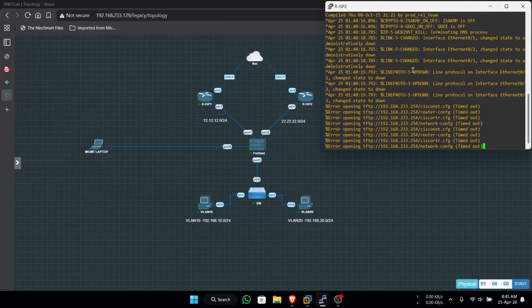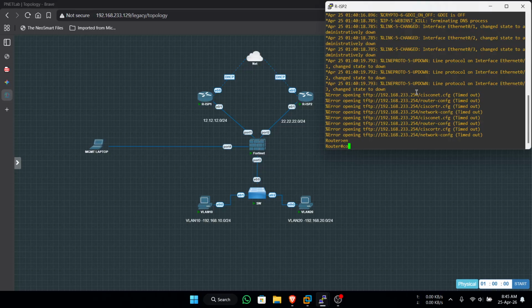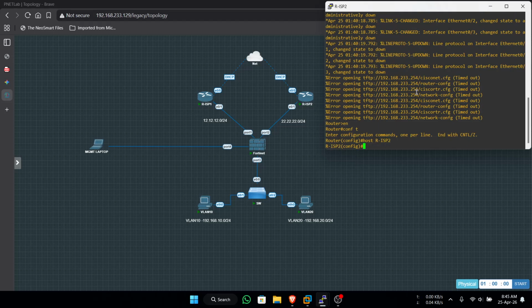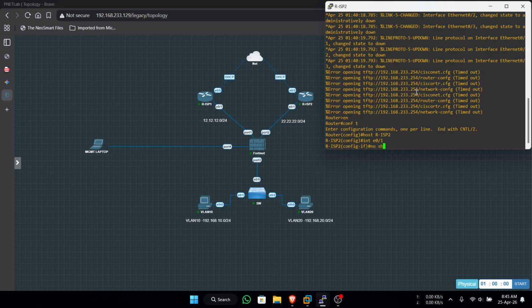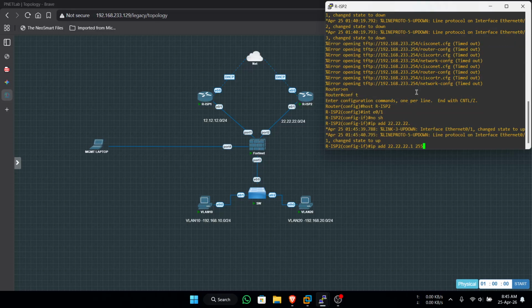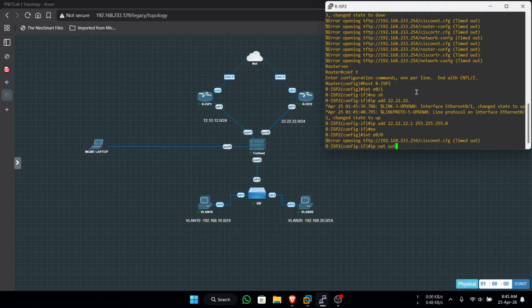We move to router 2. Enable, configure terminal, hostname ESP2, interface 0/1, no shutdown. The address .1 is used as the gateway. After that exit. Oh no, interface 0/0, ip nat outside.